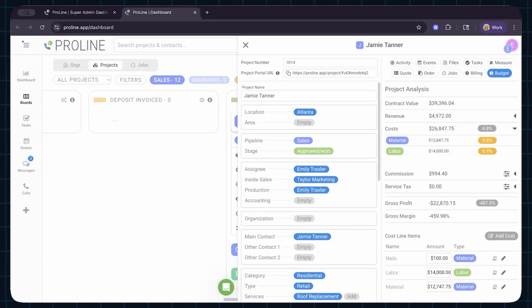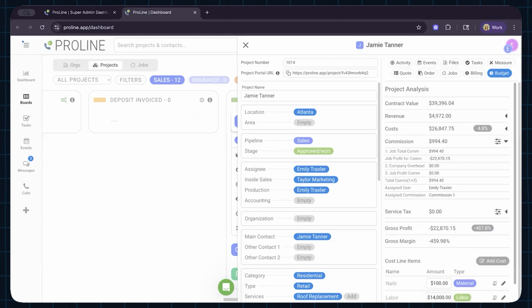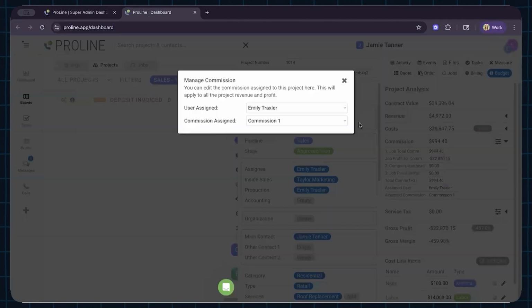Okay, so that's a little bit about costs. We also have your commissions section here. Commissions are based on each user and can be updated right here on the project. So if for some reason I want to update the commission for this project, I can do it. But Emily Traxler, that's me, the assignee, my commission type is commission one, and commission one gives me